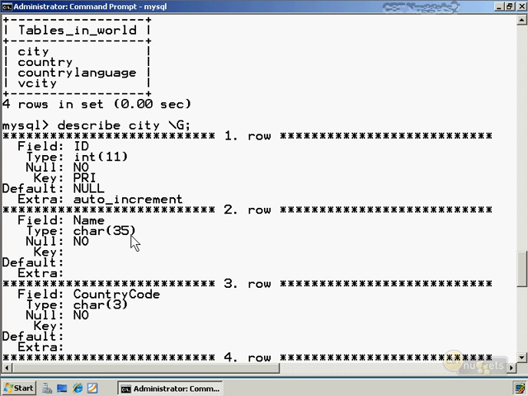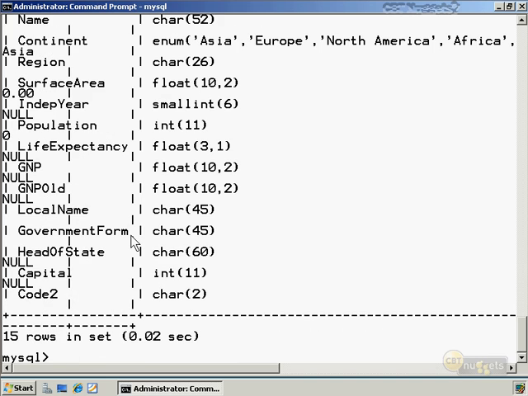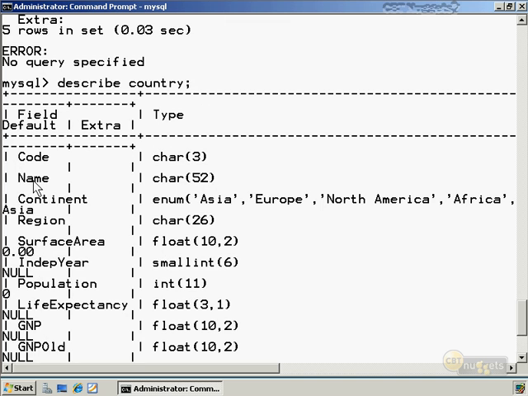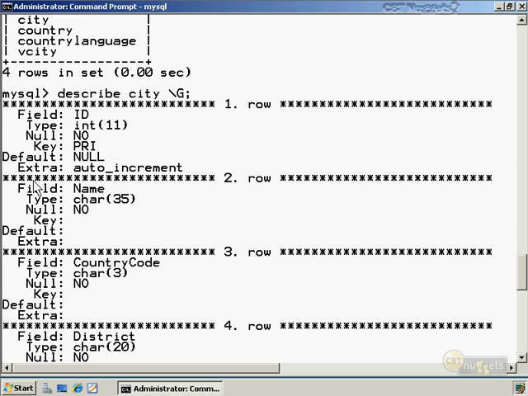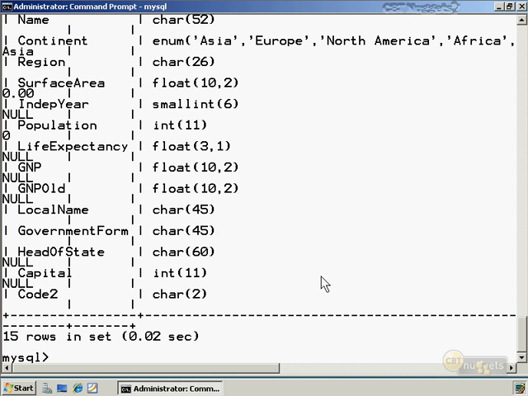Name is char35. As long as the data type's the same, that's all you need to create a matching row between those two tables. So you can see, I hope, where I'm going here. We have a column that's the very same name in both tables. So if we were creating a view, which we'll do right now, called v city country, and then in our